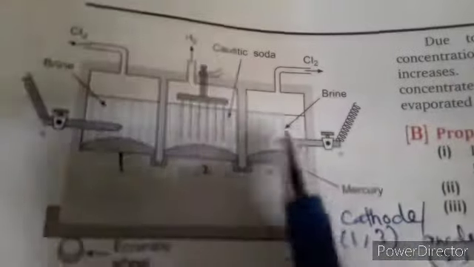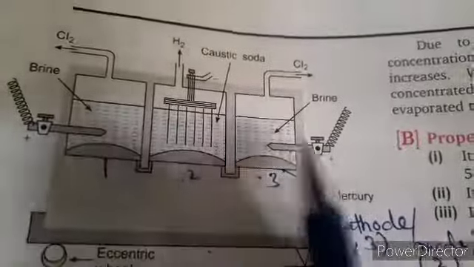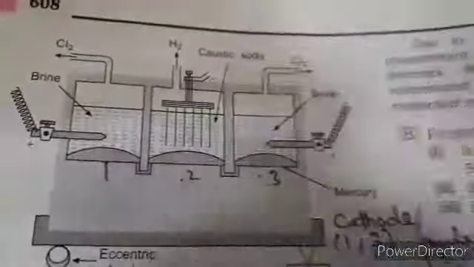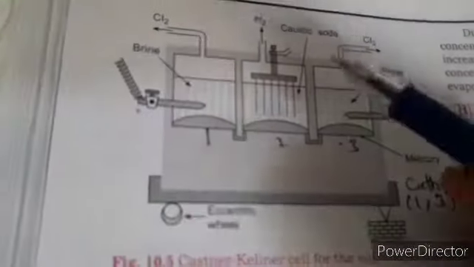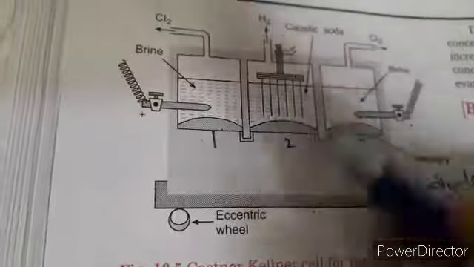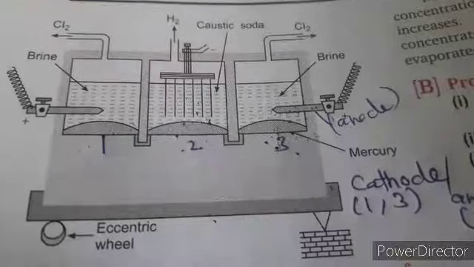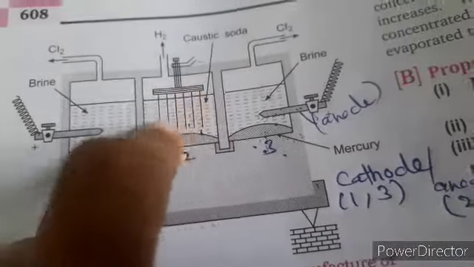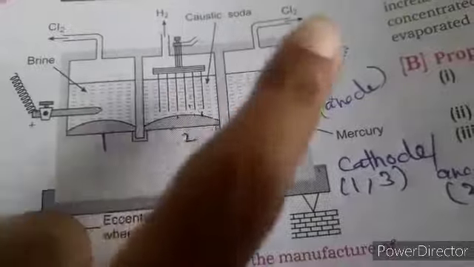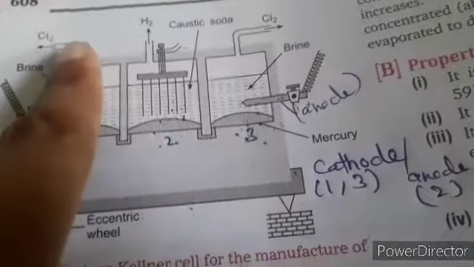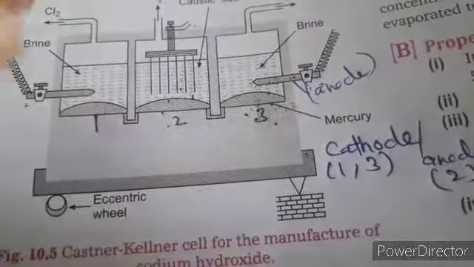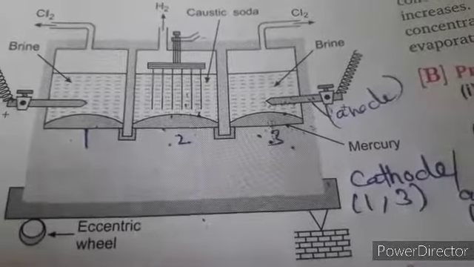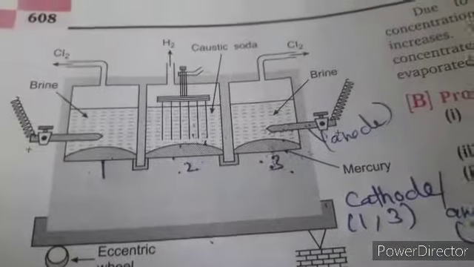Now you see the outer compartments; these electrodes are graphite, and they work as an anode in both the outer compartments. The middle compartment is holding the caustic soda, which will be formed there later on. There are also three openings, and from these the gases, Cl2 gas and H2 gas, are liberated out. With the help of the reaction we'll see how these things happen when the electric current is passed through these containers.